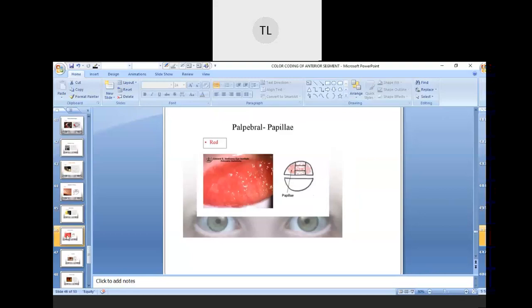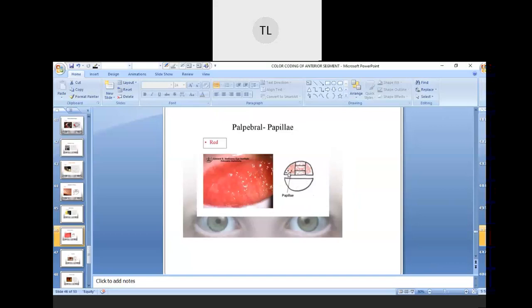Okay, so next we have the papillae. Like I said, the papillae will be denoted in red color. Always remember, if you are going to draw anything in the eyelids, you have to draw it this way. This is a grade actually. This is the position 1, 2, 3, 4, 5. There are 5 positions, so we have to see the position where the papillae is more. We divide it into the 5 groups like this, and then we draw the papillae. If there is any concretion over this center area, then you have to draw it over here, or if it's present at this area, then you draw it here.